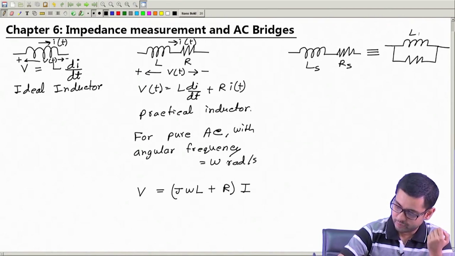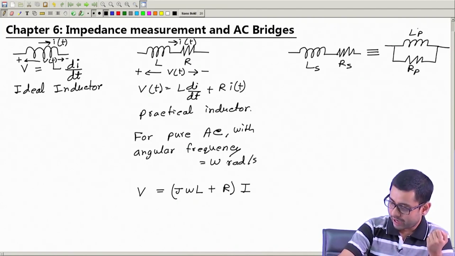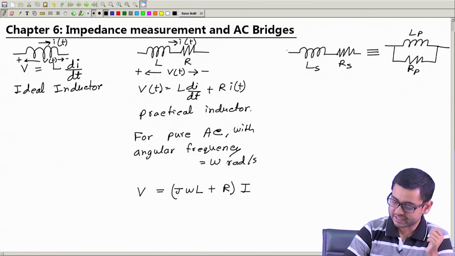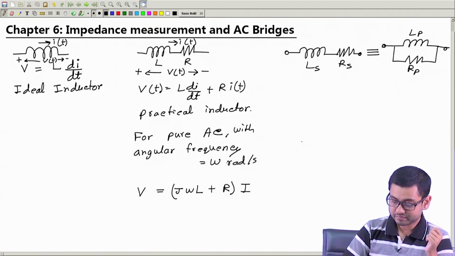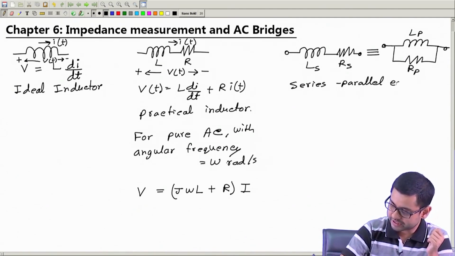Call this LP and RP, P because they are in parallel. So given a series combination of a particular value of LS and RS, we can always find a value of LP and RP such that these two circuits are equivalent. Equivalent in the sense the impedance between these two terminals and the impedance between these two terminals is the same. Okay. So, this is series parallel equivalence